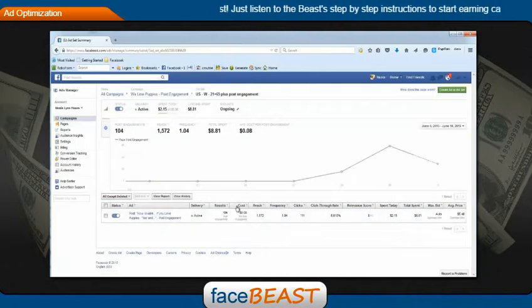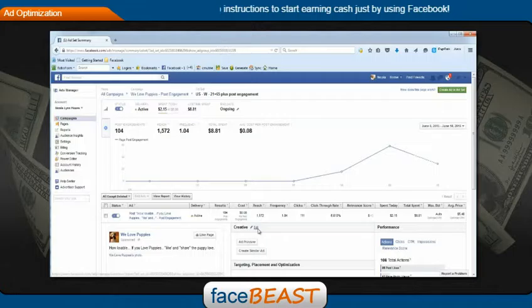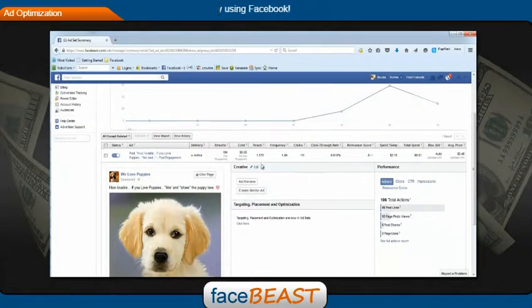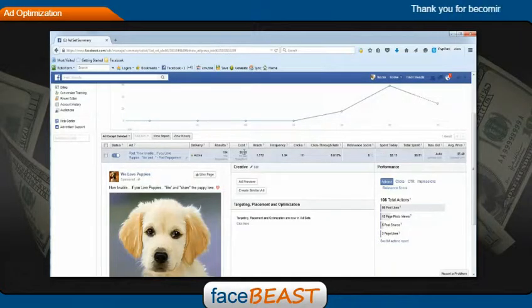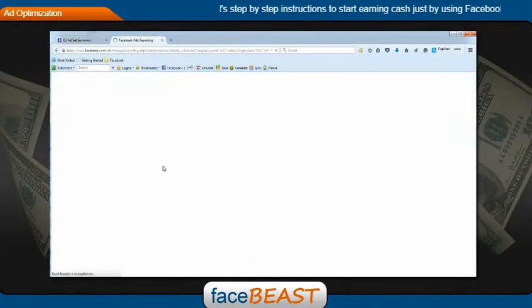We're going to click into the ad, and as you can see, we only have the one image because it was a post that we're promoting. And as you can see here, we're getting 8 cents per engagement, which is very cheap. 6.8% click-through rate on our image, an 8 out of 10 for a relevance score. So we're doing really well, but we can optimize this probably. So we're going to go into full actions report,